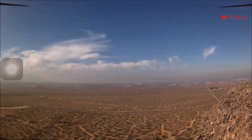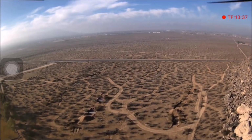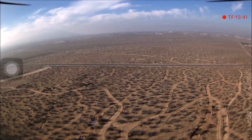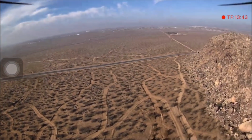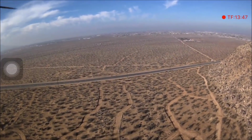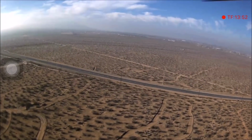Alright, let me go out and about towards that field outside of the park and check it out. The lattice of the roads. Yeah, from up here it looks pretty cool. And that's my location right there in the middle, or to the right somewhat. Just awesome. Alright, I lost video feed